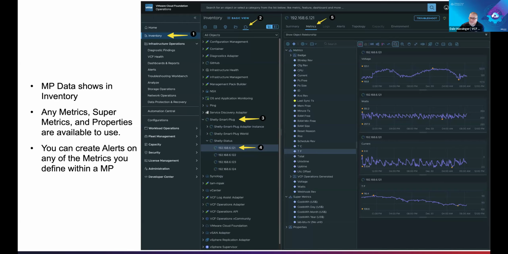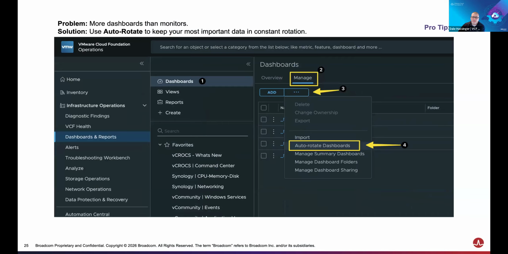I'm showing you can see watts and volts and all that information, and even see the history. When you click on those metrics, you can see the history and you can say, show me the last 24 hours or 7 days or 30 days or whatever you want to see. And that's the benefits of doing